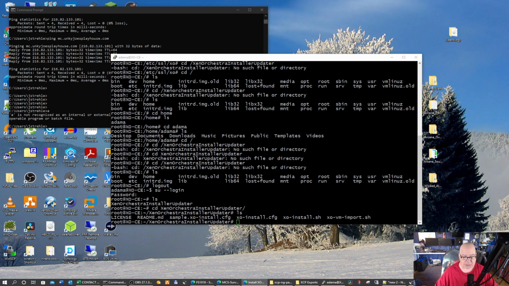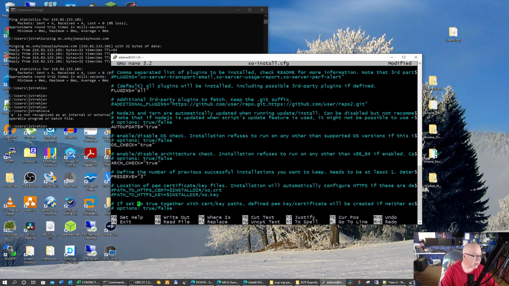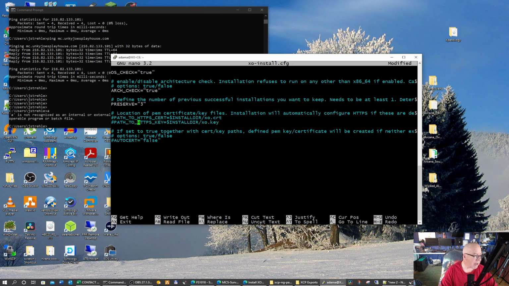So I'm just going to type in the following command. And we're going to use nano to make some edits on this file. The first one we need to do is come down here and change our port from 80 to 443. We wanted to use a secure port. And then at the end of this file, there should be a couple of paths, and we're going to unremark those,